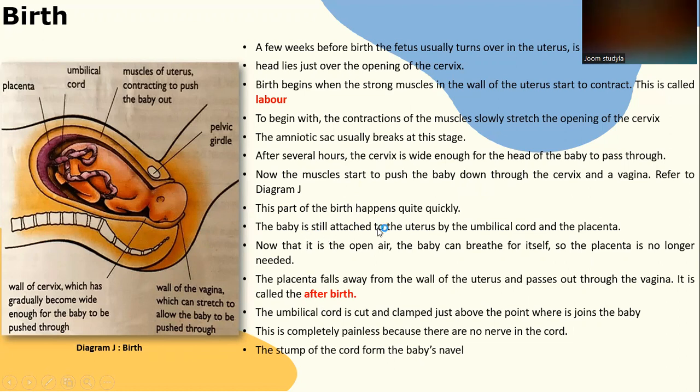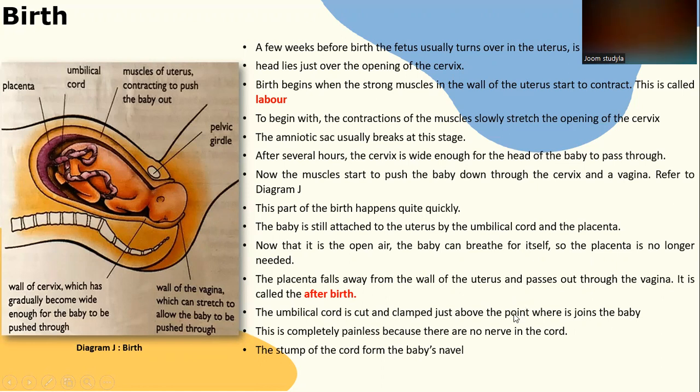This part of the birth happens quite quickly. The baby is still attached to the uterus by the umbilical cord and the placenta. Now that it is in the open air, the baby can breathe for itself, so the placenta is no longer needed. The placenta falls away from the wall of the uterus and passes out through the vagina, and it is called